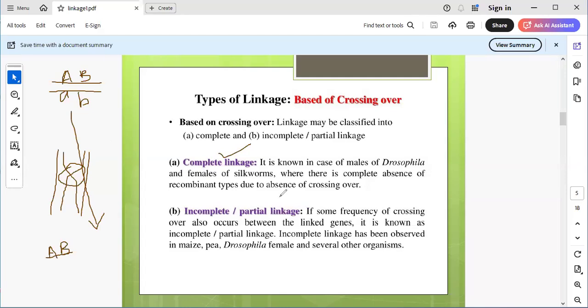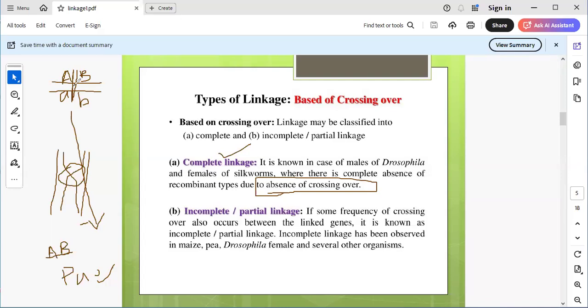అంటే ఇక్కడ ఎప్పుడు కంప్లీట్ లింకేజ్ అంటాం? When there is absence of crossing over between the two linked genes. If no crossing over, we only expect parental characters. We only expect what type of character? Only parental. Whatever the parents exhibit the characters, those characters are manifest by F1 progeny or F2 progeny, like that. If any character differs from the parent, that indicates a crossing over phenomenon takes place between the linked